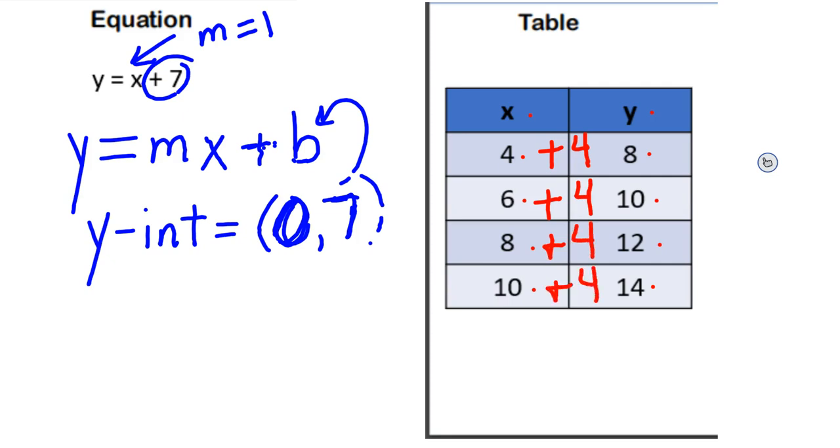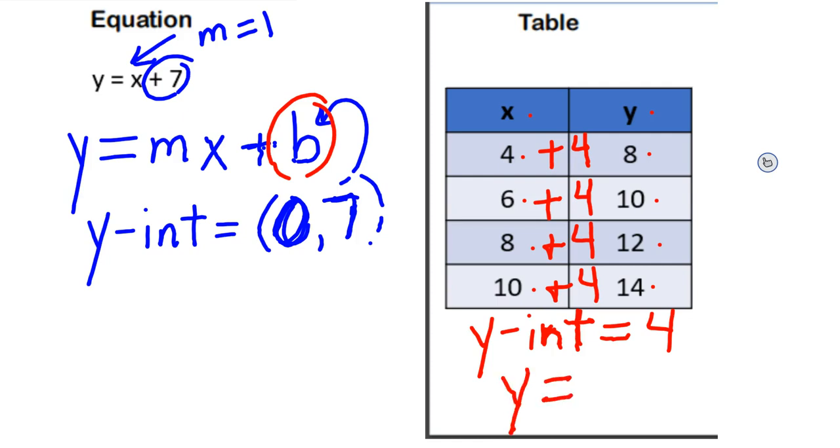So since we're adding 4, the number that we add is our y-intercept. Because our graph is not proportional, it's going to start at that number 4. So our y-intercept is equal to 4. And our equation then, remember I told you that b is our y-intercept. So to write our equation for this, it's going to be y